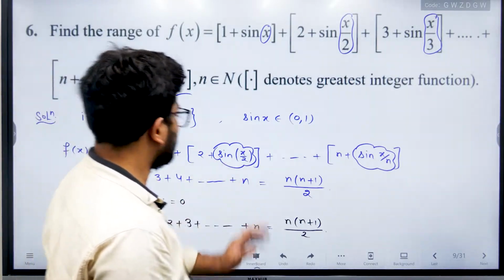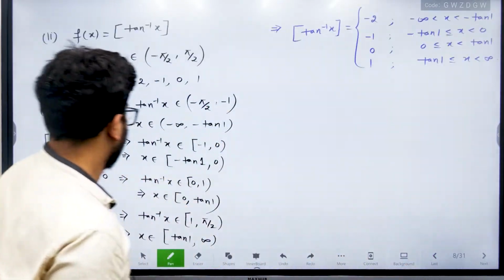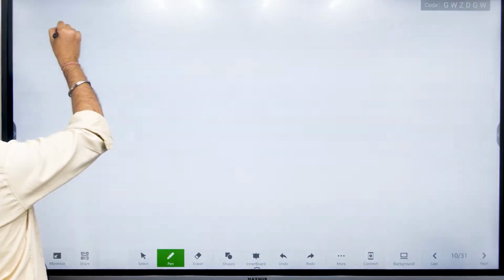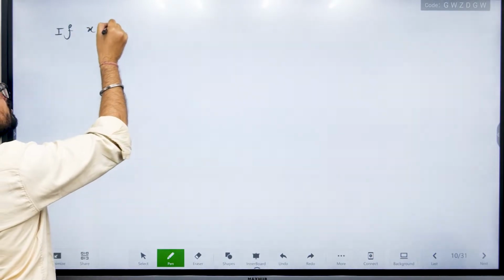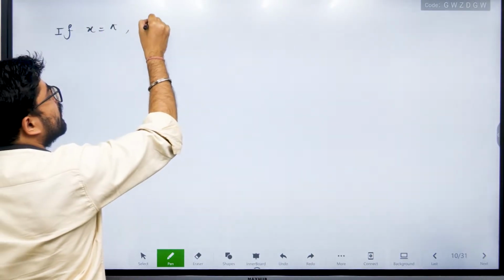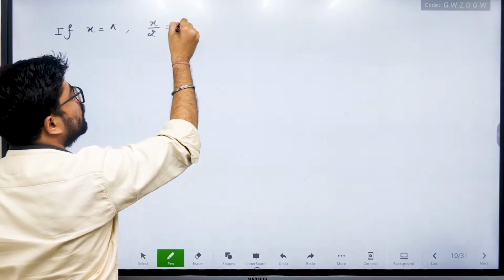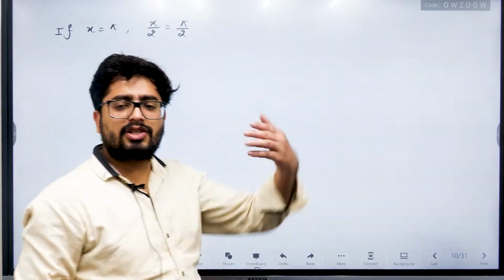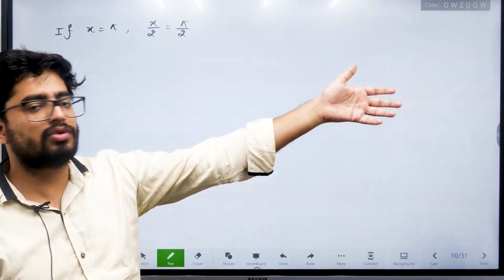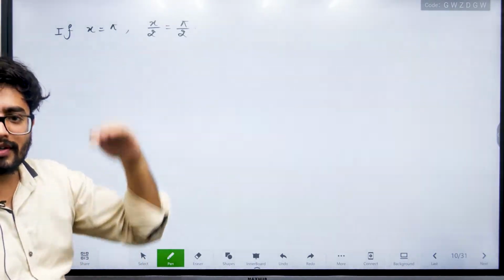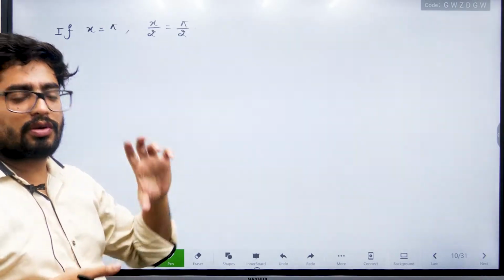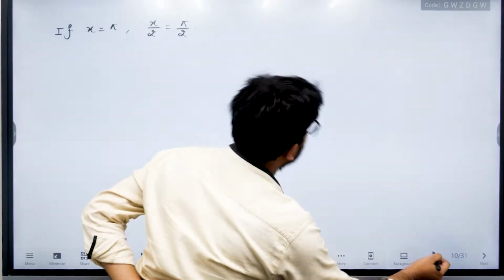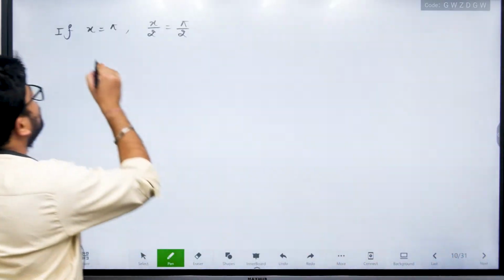Okay, now if x is equal to pi, then we have x by 2 as pi by 2, and other than that x by n whenever n is greater than 2, so the values are smaller than pi by 2 and greater than 0, so it means your sine lies between 0 and 1 again. Okay, so this time your f(x) is what?